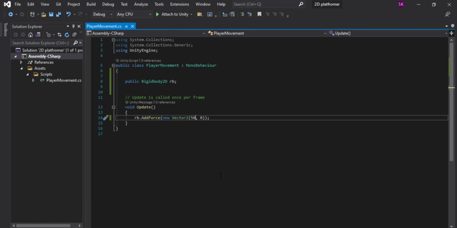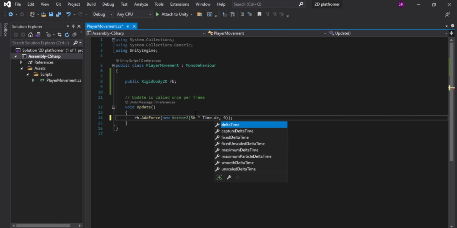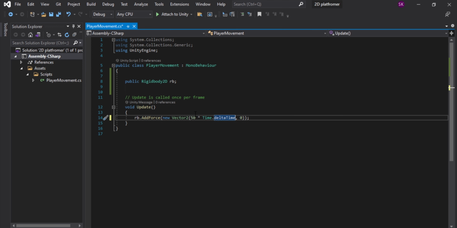So in order to even out these differences, what we do is we multiply this value, the 50 here, with what is called Time.deltaTime. This is a bit confusing, but basically Time.deltaTime is the amount of seconds since the computer drew the last frame. So if the Update is running 10 times per second, this value is going to be 0.1. What this does is even out the advantage that you would get on a faster PC. If you don't get this right away, that's totally fine. Just know that the game is going to be the same on every computer.